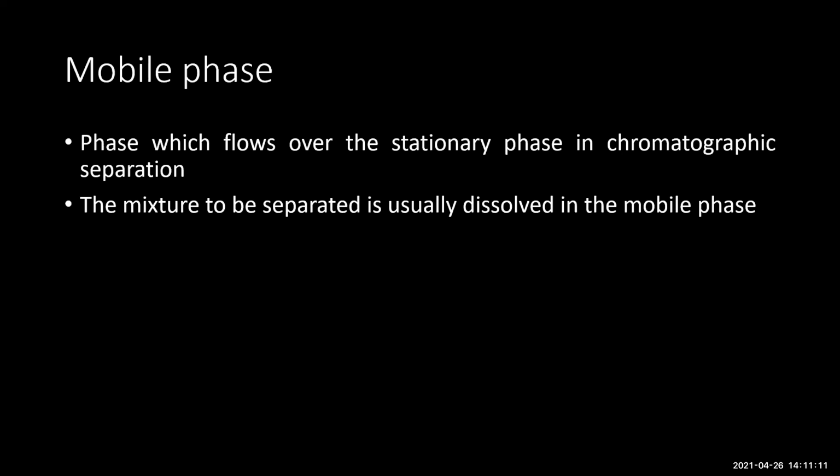So when the mobile phase passes over the stationary phase, whichever component has the lower distribution factor will be retained in the stationary phase, and the other will move. Based on the difference in the distribution coefficients, we get the different molecules separated and displayed on the chromatographic procedure. Okay, so then how do we classify chromatography?